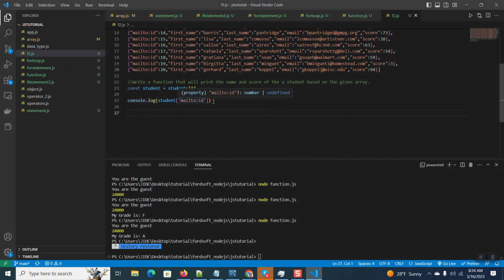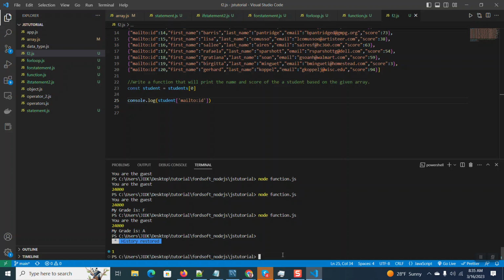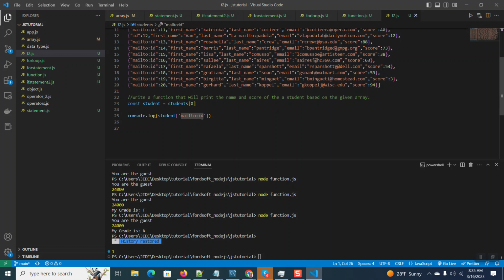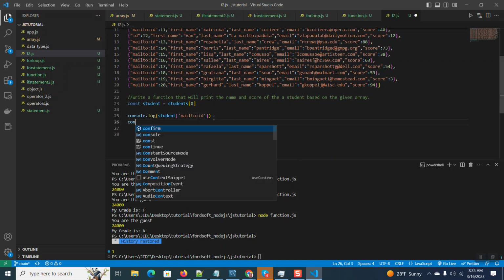Now, if you want to get this, you can run node F2.js. So you see that it gave us one, because anything inside the code like this, it takes as a single unit. Even that was how I copied everything together. But if I want to get the first name,